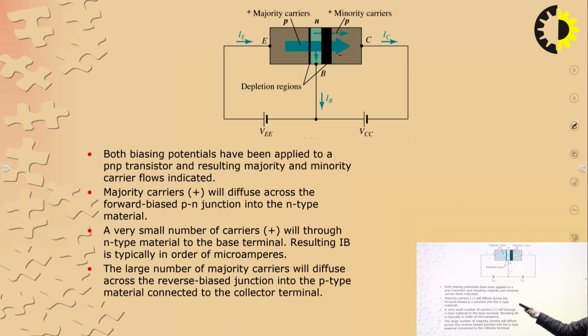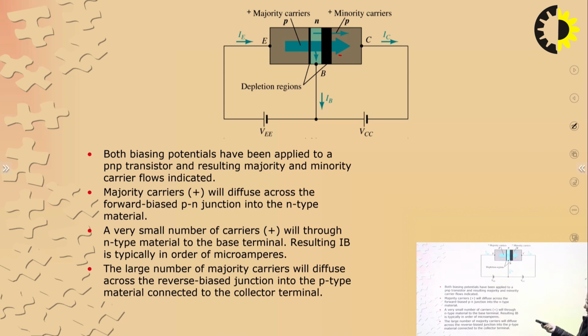What is happening? Both the biasing potentials have been applied. The majority carriers will diffuse across the forward bias into the n-type material, and a very small number of carriers flow through the n-type material, resulting in the current IB. The large number of majority charge carriers will diffuse across the reverse bias junction into the p-type and connected to the collector terminal. So this is all about the working of your